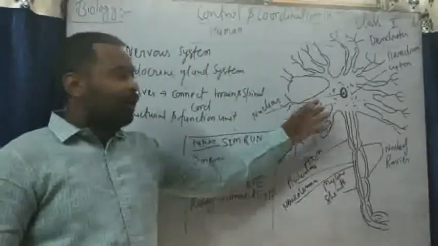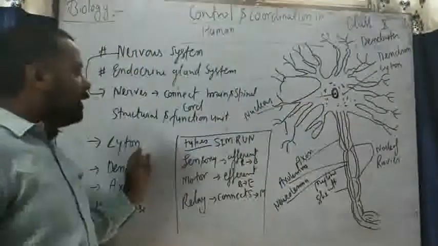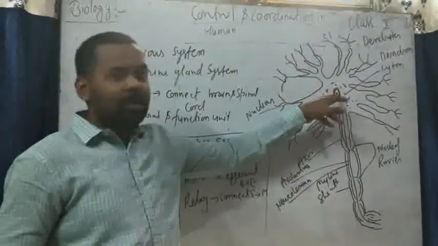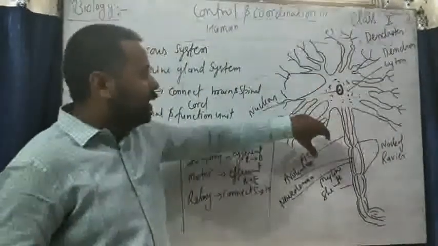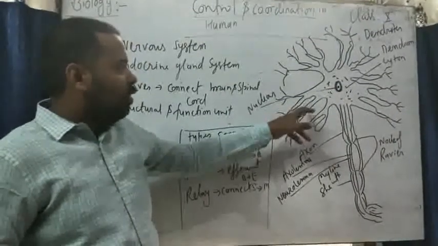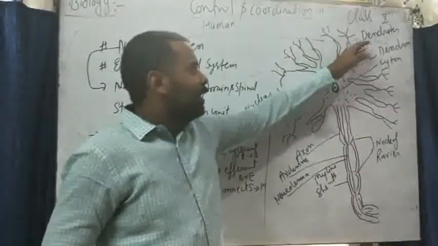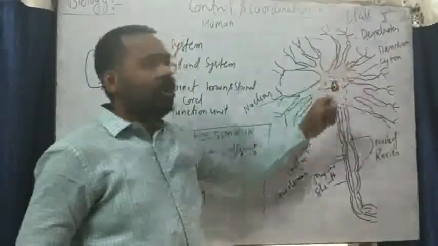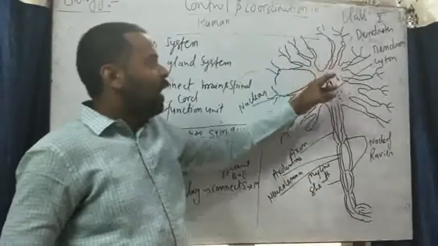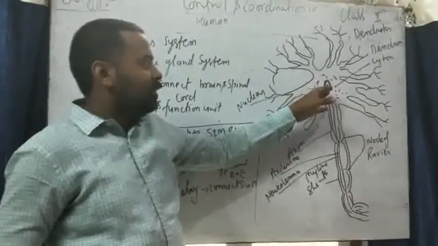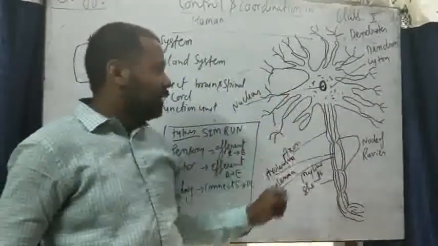Here I made a diagram of a neuron cell. Here a star-shaped structure is there which is named cyton, which possesses a nucleus in the center and has dense cytoplasm. And there are several branches, known as dendrons, and these dendrons are further divided into dendrites which accept impulses from different parts of the body. After that these dendrites send these impulses to the dendron, and dendron sends these impulses to the cyton, and next one branch of dendron is larger than the others and is named axon.